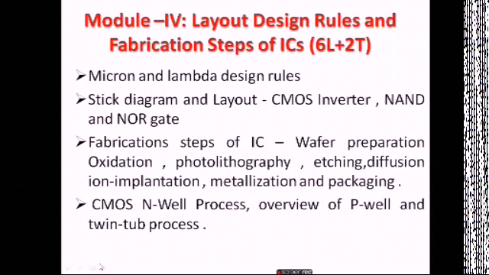The IC is patterned on the wafer using photolithography techniques, which is a combination of several process steps, namely oxidation, coating of the photoresist, exposure to UV light, etching, diffusion, ion implantation, and film deposition and metallization. We will be studying all these processes in the later lectures. Now, the major advantages of the ICs over the discrete component-based circuits are smaller physical size, higher speed, low power consumption, and reduced cost.